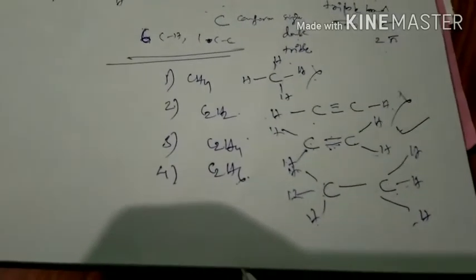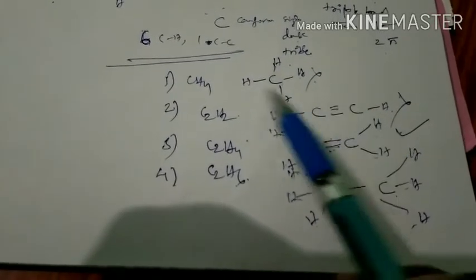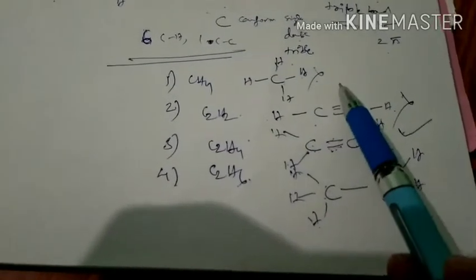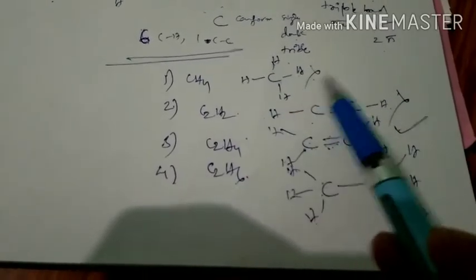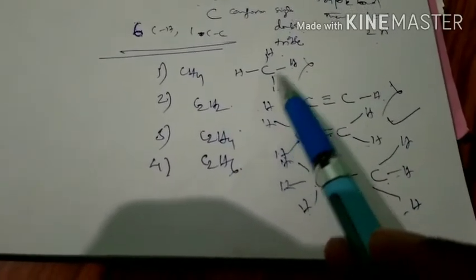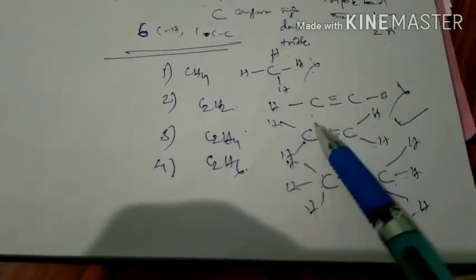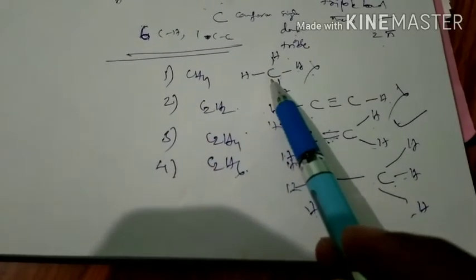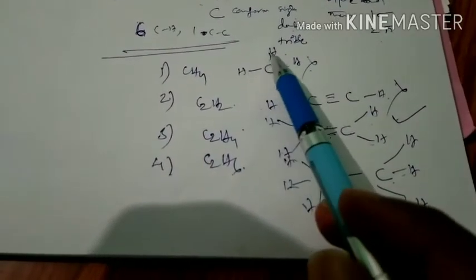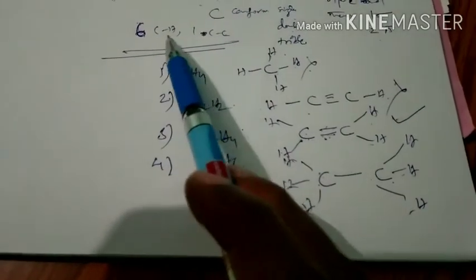By looking at the options, we cannot find the answer. What we have to do is draw the structure. First, every time we have to write the carbons, then we have to arrange the hydrogens. If two carbons are there, we have to split the hydrogens equally. That is the way we discussed already so many times. So in this one only one carbon is there. First one carbon, then hydrogen, hydrogen, hydrogen, hydrogen. So here how many, 6 CH bonds?